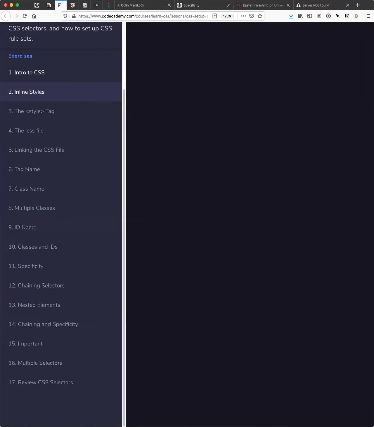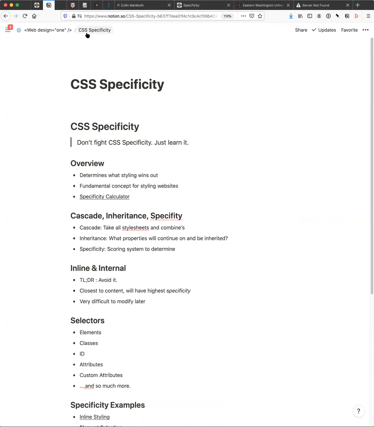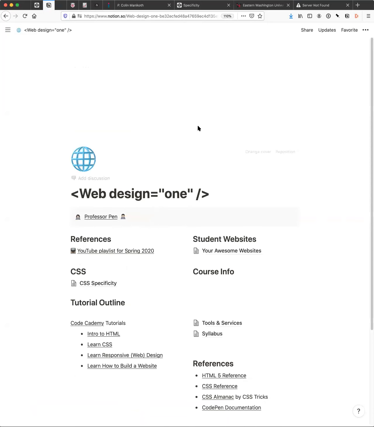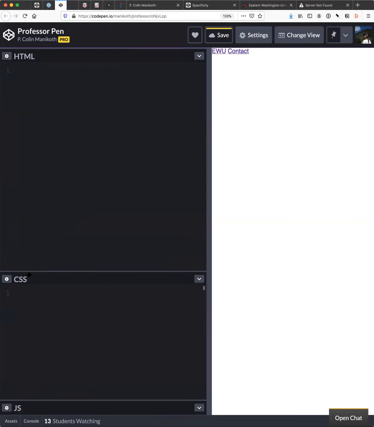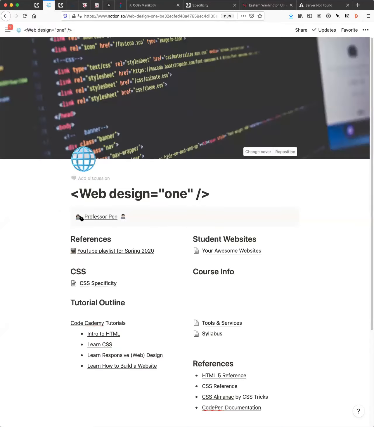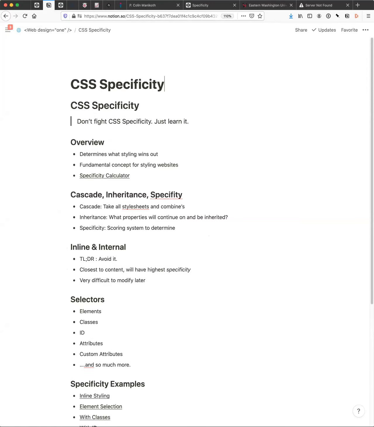All right. That said, let's get into the Professor Pen from the course website. So go to the course website and click on the Professor Pen and get into there. And we're going to pin that tab. And we're going to deep dive into specificity. We start on this page right here. What I'm going to do right now is talk about different ways we can visualize specificity, because